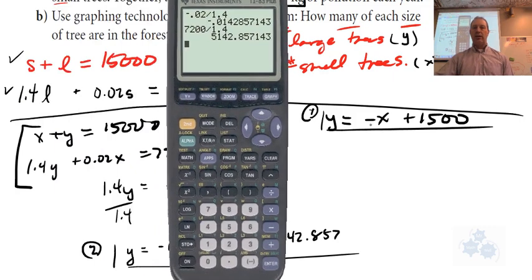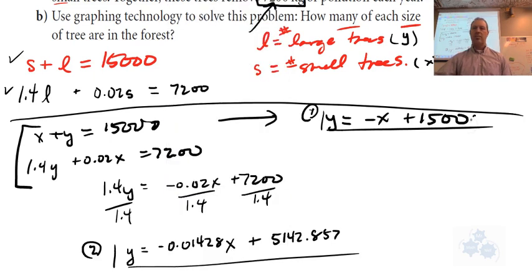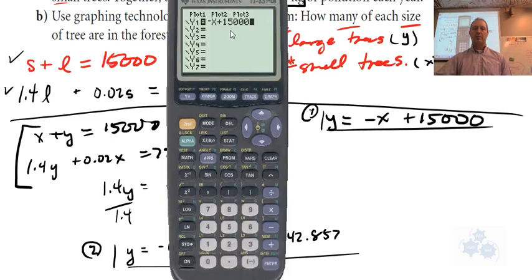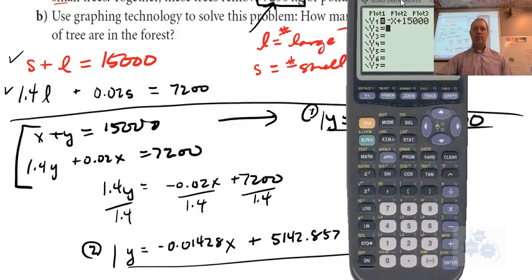Equation 1 over here, I'm going to go negative, remember this is the negative button, negative x plus 1500. Nope, is that 100 or 1,000? That should be 15,000. Sorry, I missed a zero there. Go to the next line. That one's going to be